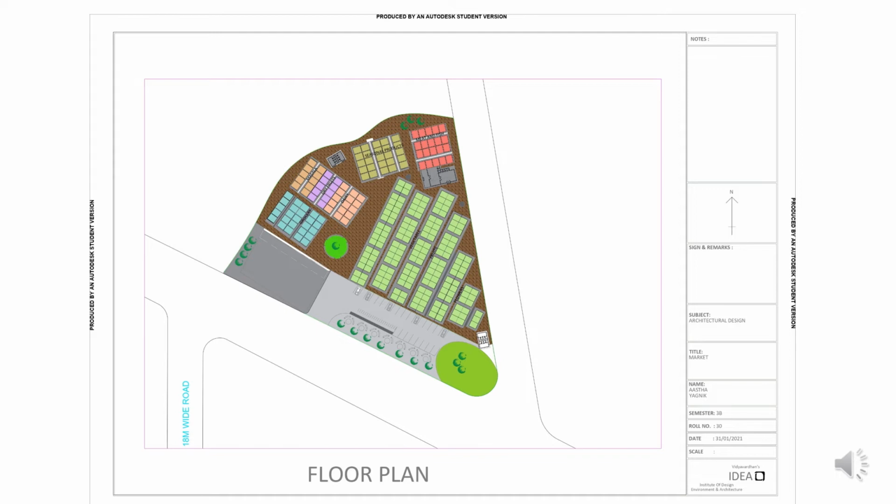On the right side, we can see vegetable, fruit, and flower shops, as they are most in demand and need proper air circulation. And on the left, we have grocery, dairy, and dry fruit shops. They are placed near the loading unloading space, so it would be easier to carry the bulk of products for the shopkeepers and also for the buyers to take to the parking.